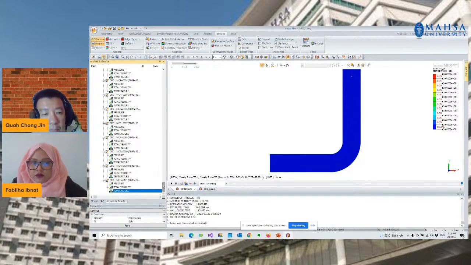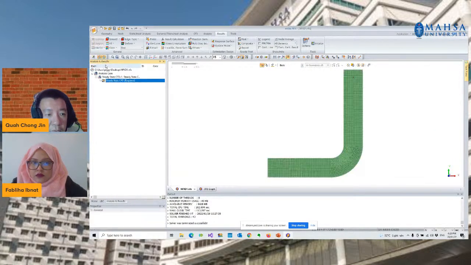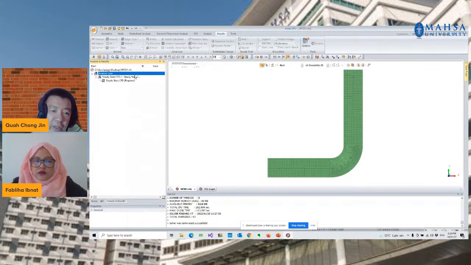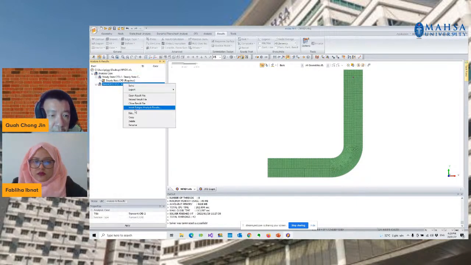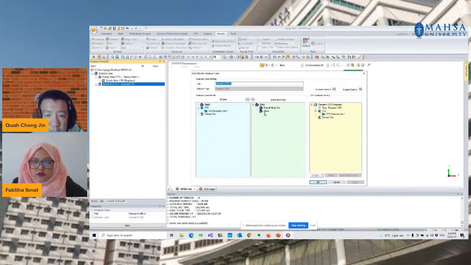Okay, so the second part is we are going to do a transient simulation, which is before it reaches a steady state. So what is actually happening in the transient simulation? Usually in heat transfer analysis, we'll do a transient simulation rather than a steady state simulation. So let's create another new case study of transient CFD, and make sure that I have selected the mesh and also the boundary condition.